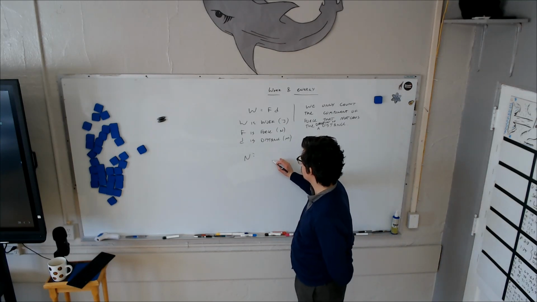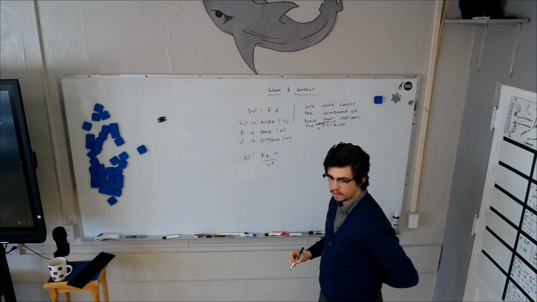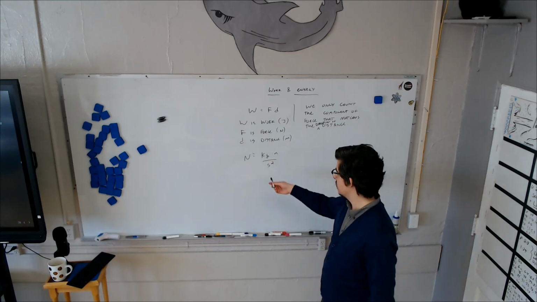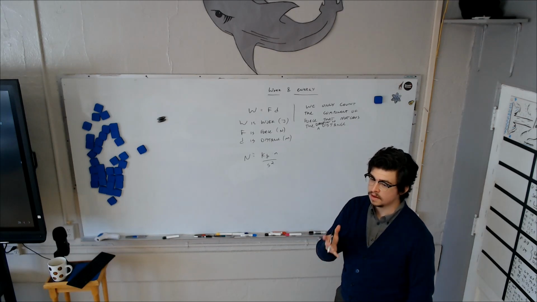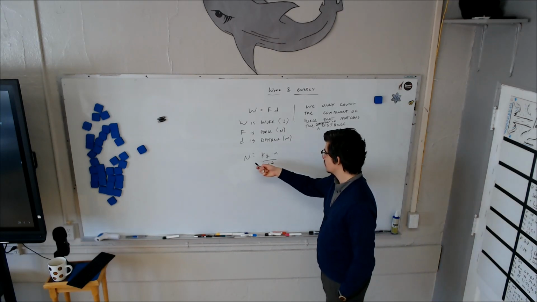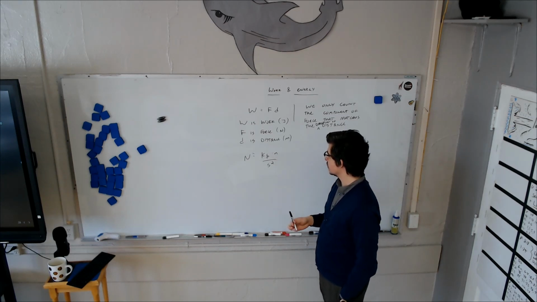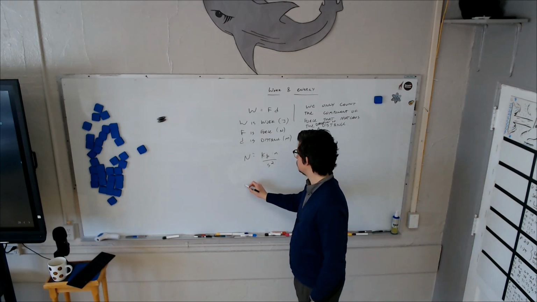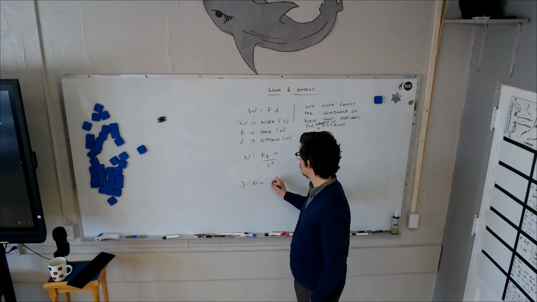A joule is equal to a Newton times a meter, but a Newton is equal to a kilogram times a meter per second squared. Remember that? Well, you don't, but I'm telling you, a Newton is equal to a kilogram times a meter per second squared, right? Because force equals ma, so force equals mass, which is in kilograms, times the acceleration, which is meters per second squared. So then if we multiply this, a joule equals